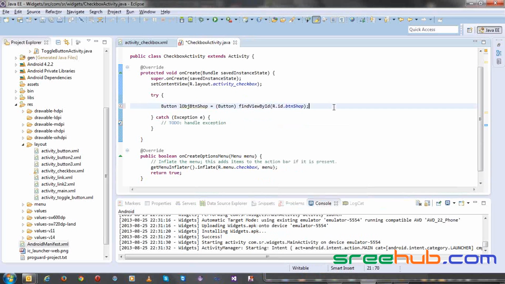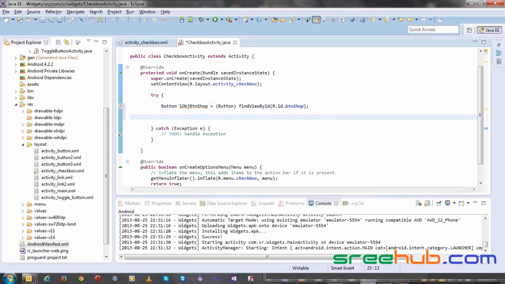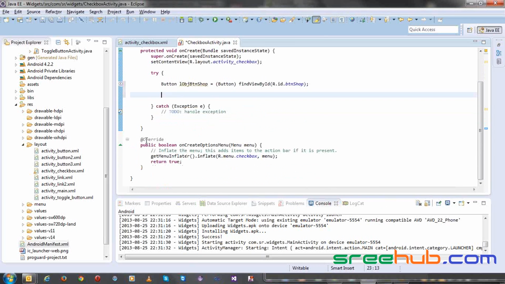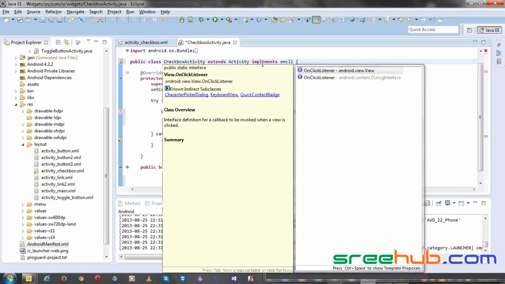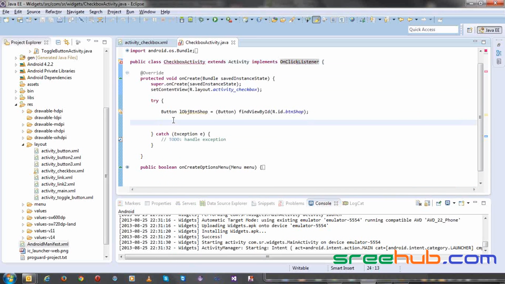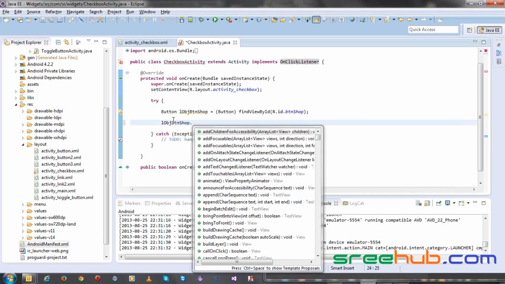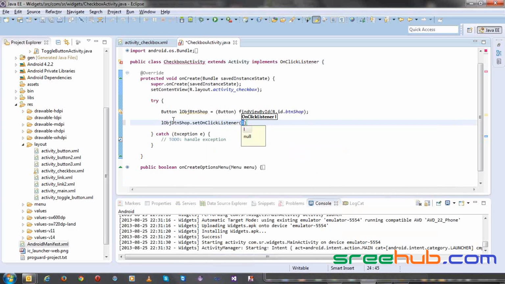add casting, and then in this case let us take an example of implementing the on-click listener here. So implements OnClickListener and just say LOBJ button dot setOnClickListener of this, right? And then just import